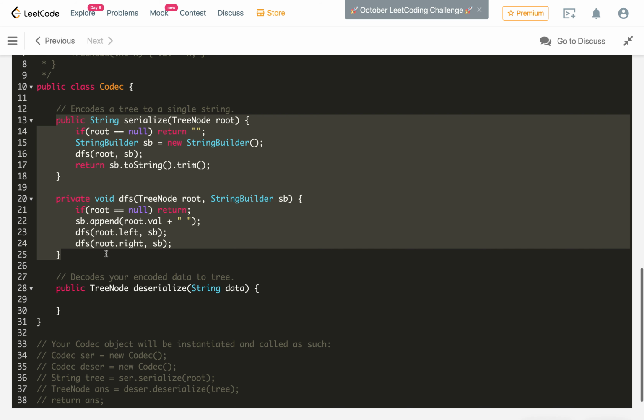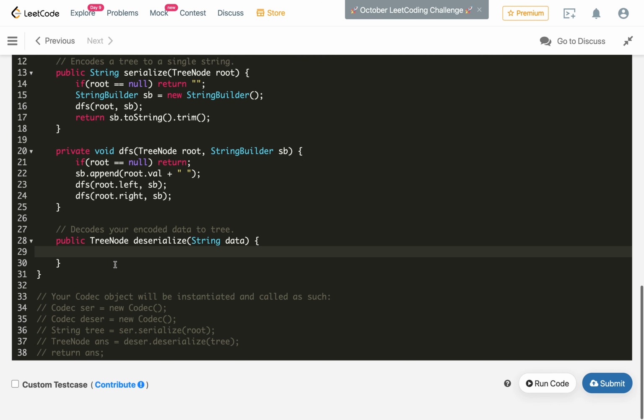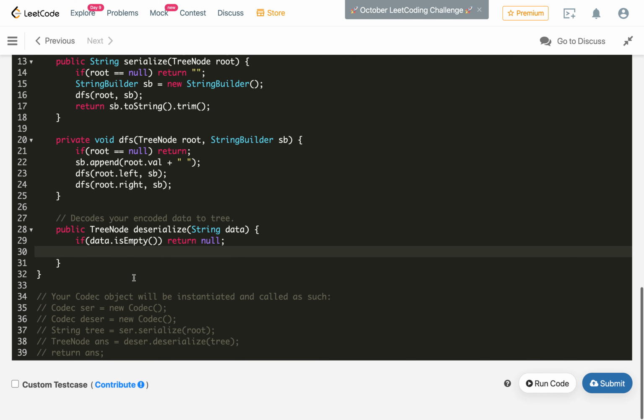We created the string using the preorder traversal, and after that we have to deserialize it. So in deserialization we will check if data is empty. If there is no node in our tree, then we will just return null. This is our base case. Otherwise we will first construct the string array for all the nodes.